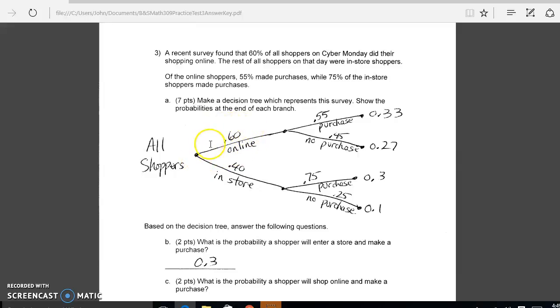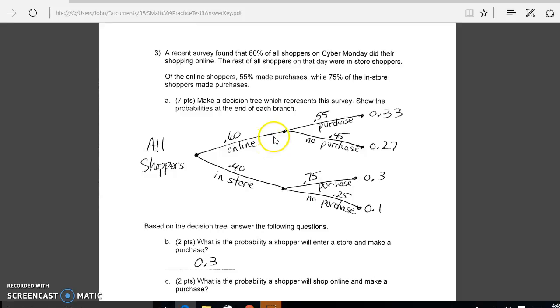60% of them are online, so that's represented by this branch of the tree, and we put the 60% as a decimal number 0.60. 40% were in-store shoppers, so we represent that by this branch here, and as a decimal number it's 0.40. The second statement above tells us of the online shoppers, so we're only looking at this branch, the online shoppers,